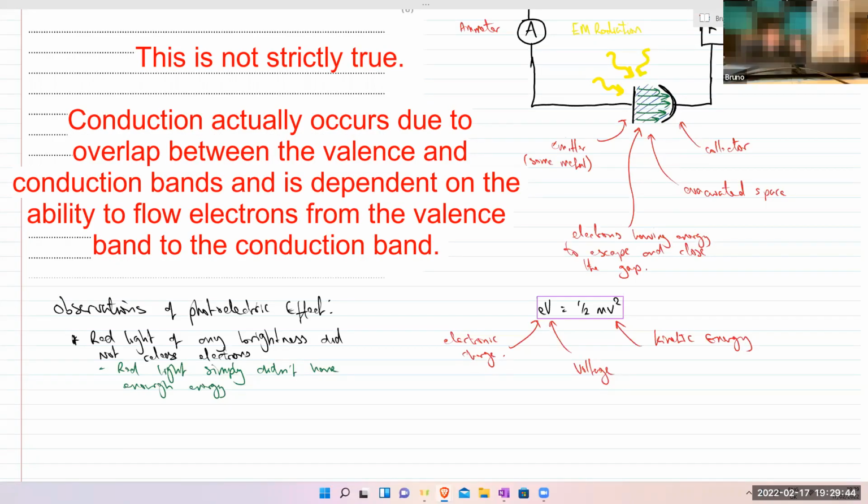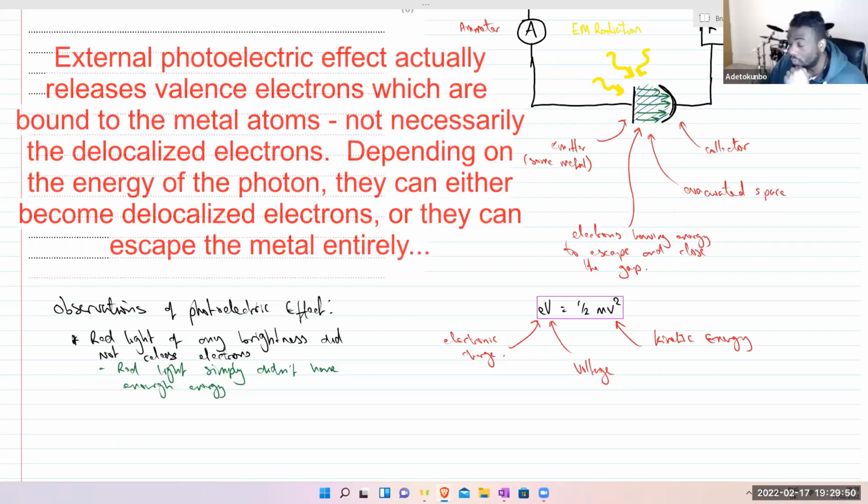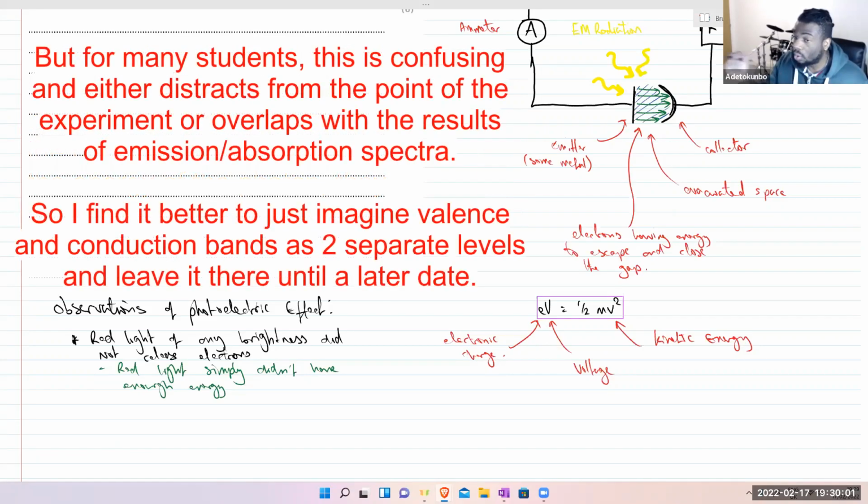When the light hits the metal, it gives energy to the electron and they move to the valence band. No, valence band is the lowest band. Valence band is the one that is locked around the metal ions. Okay, so the step is to go from valence band to conduction band, then from conduction band to free space,